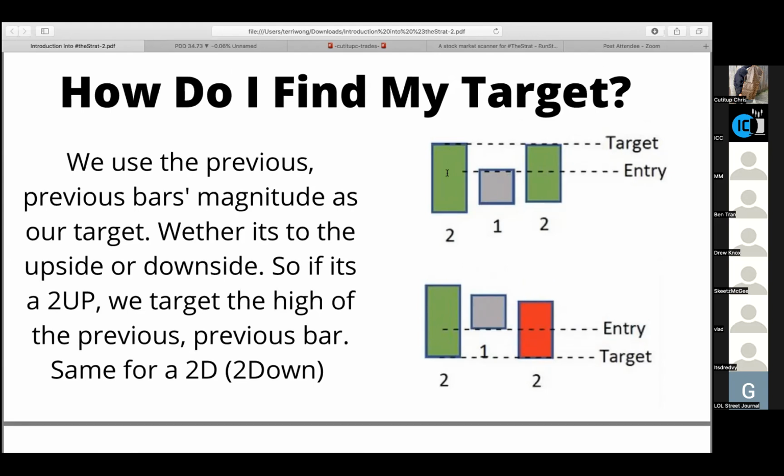I don't know if there's a better way to say it, but yeah, just the previous bar. So we had an inside day. We went 2-up right here, took the entry. Your target is the upside magnitude. Same thing for the 2-down. That's pretty much it. This is a 2-1-2 setup, but this works if it's like